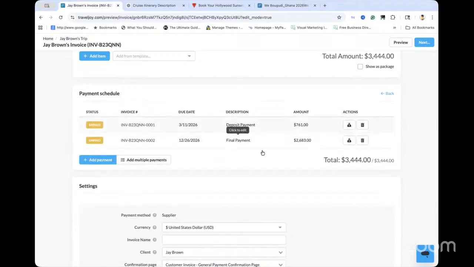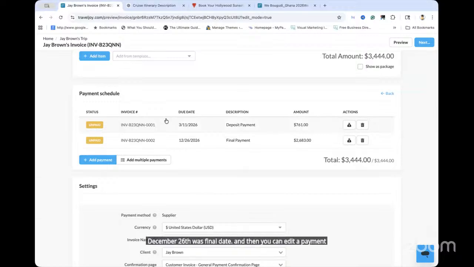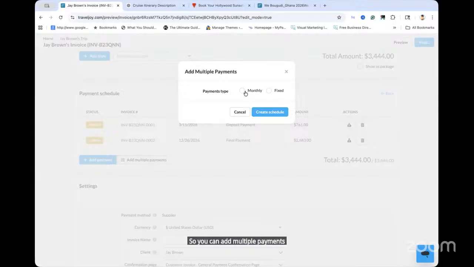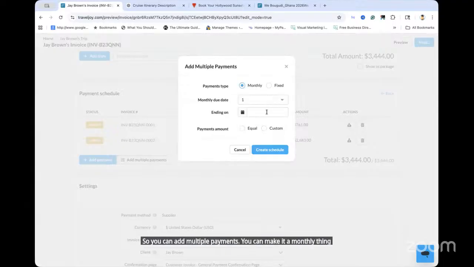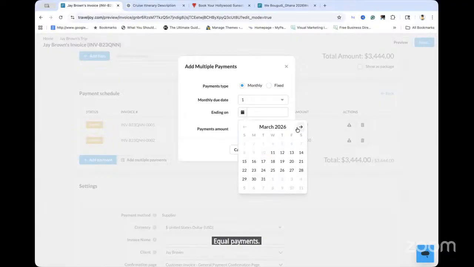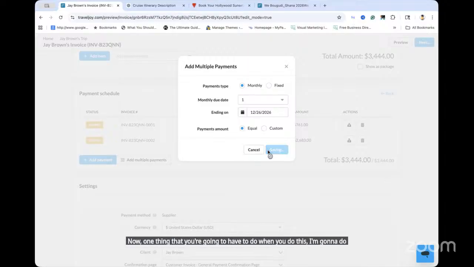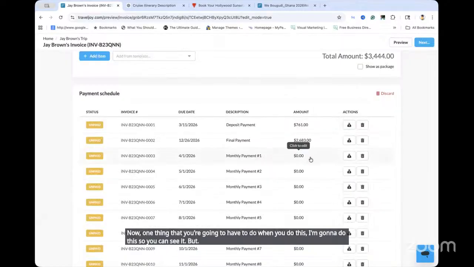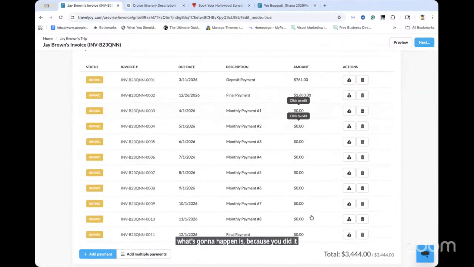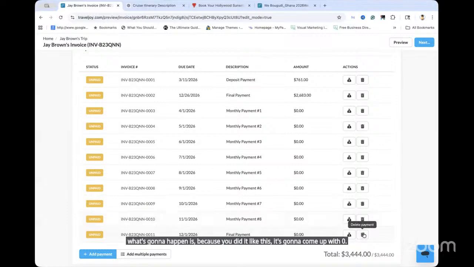And then you can edit a payment schedule. So you can add multiple payments. You can make it a monthly thing, equal payments. Now, one thing that you're gonna have to do when you do this, I'm gonna do this so you can see it, but what's gonna happen is because you did it like this, it's gonna come up with 0. So really, what you're gonna have to do,